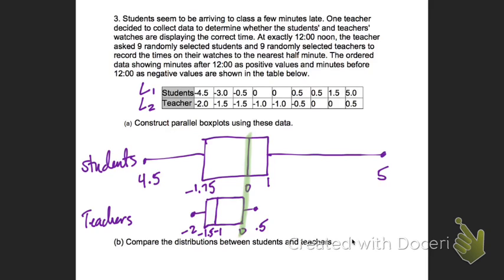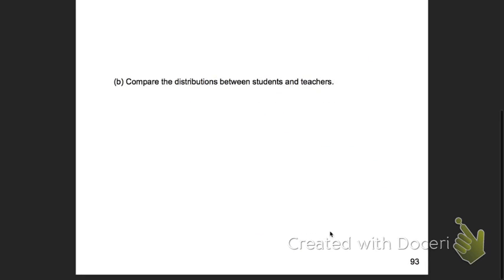Okay, so from here, the last thing that we'll do is we're going to discuss comparatively. So I'm going to look at both of the medians, and I'm going to compare them. So did students or teachers have a larger median? Students. So what I'm going to write, and y'all are going to have to help me with this, because I'm erasing that, and I'm just going to do part B. So the first part of CUSS is the center. I'm going to compare the median. So the median